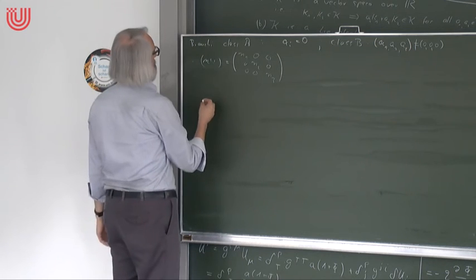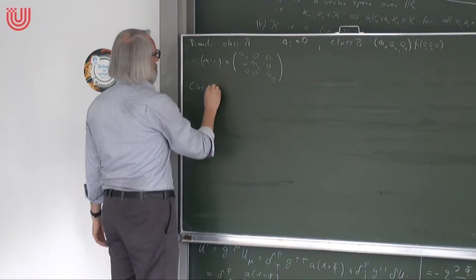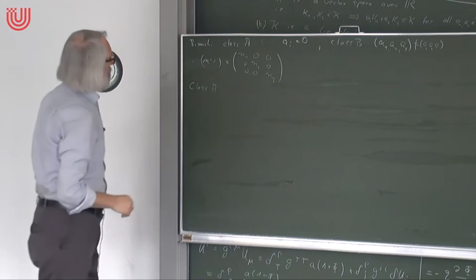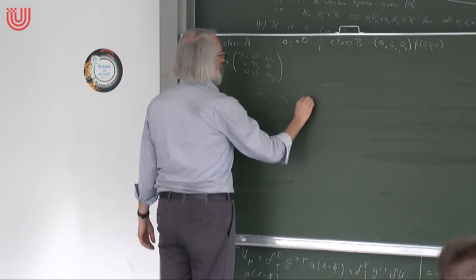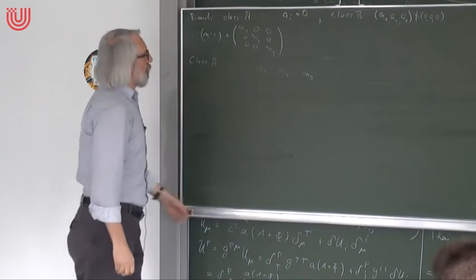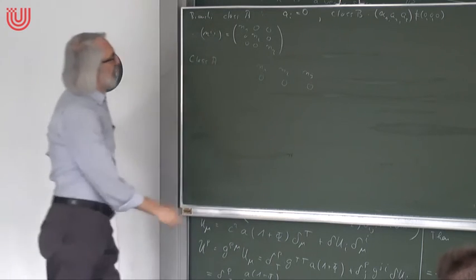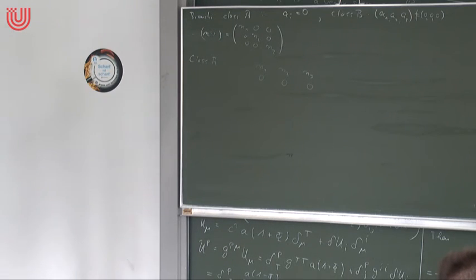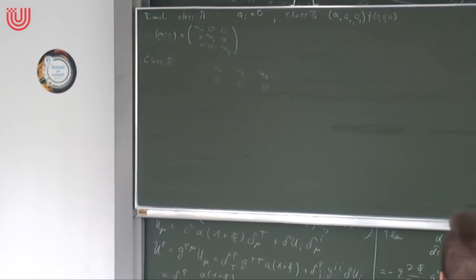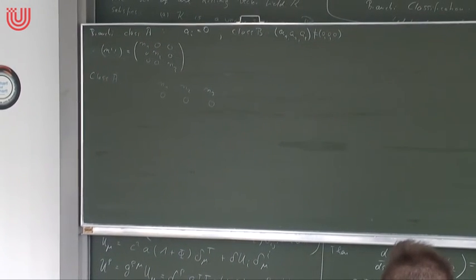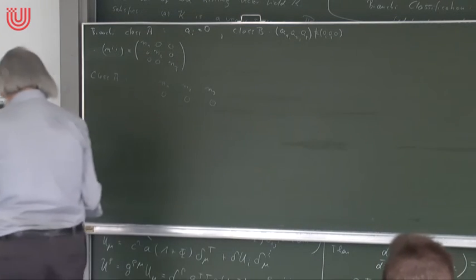And now I can write down the table for the class A. So I have the values A1, N1, N2, N3. Of course, the first possibility is that it is just a 0 tensor, that all the n's are 0. Then I have to be careful with the order, so that I have them in the same order on the board as they are usually written. So now comes the case where I have a two-dimensional kernel,